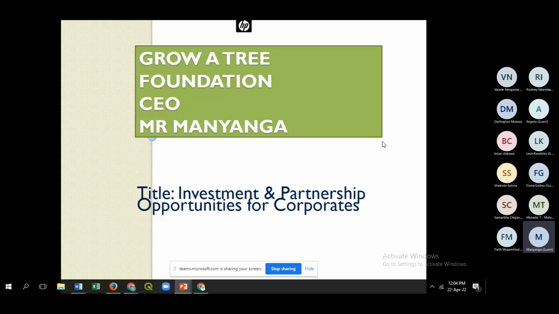So as Grow a Tree Foundation, we want to take this advantage to create an important platform for corporates in Zimbabwe to take advantage through this partnership, especially the ones that we are having with INSAF and other like-minded organizations like Action 24, to ensure that we are ahead and also that our industry is well prepared for the storm that is coming. But not only that, to take advantage of the opportunities that are there.